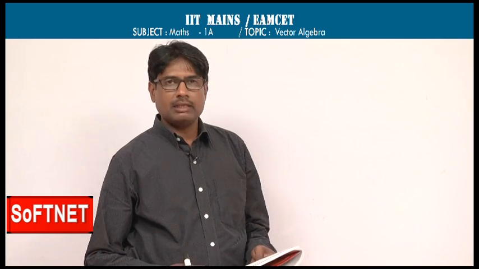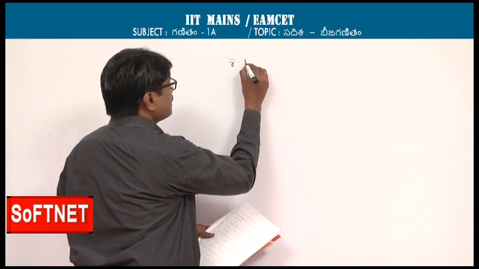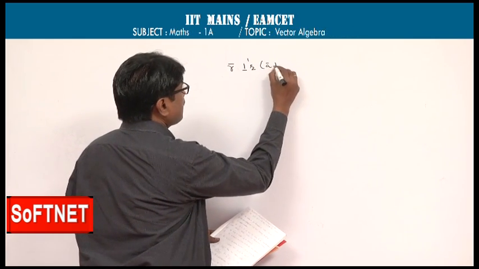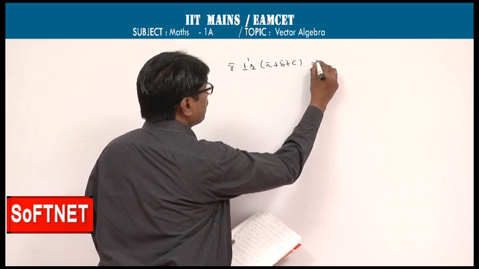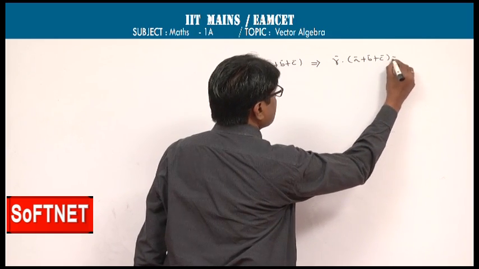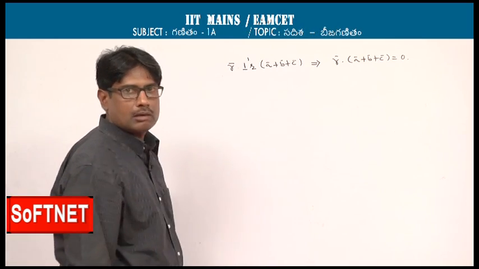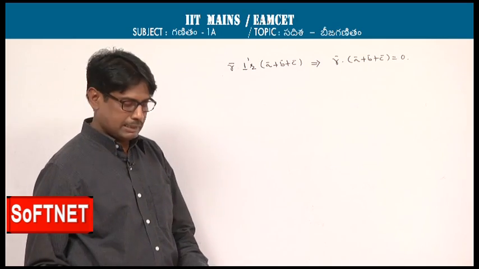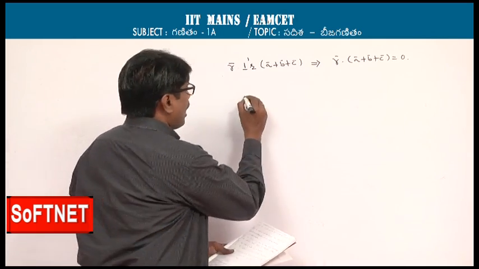R bar be a vector perpendicular to A bar plus B bar plus C bar. If R bar is equal to L times of B cross C plus M times of C cross A plus N times of A cross B, then the value of L plus M plus N. I will repeat the question. R bar be a vector perpendicular to A bar plus B bar plus C bar. R bar is perpendicular to A bar plus B bar plus C bar, and that implies R bar dot A bar plus B bar plus C bar is equal to 0, because the vector R bar is perpendicular to A bar plus B bar plus C bar, and R bar is equal to